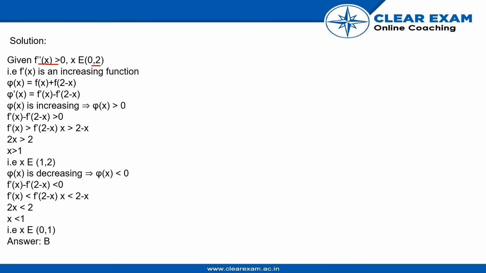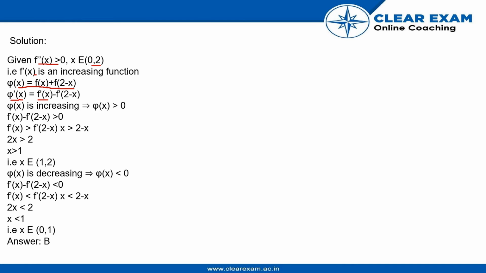If f double dash x is greater than 0, then we know that the first differentiation of f x, f dash x, is an increasing function. Our phi x is given as f x plus f of 2 minus x, and differentiating phi x with respect to x, phi dash x equals f dash x minus f dash 2 minus x,